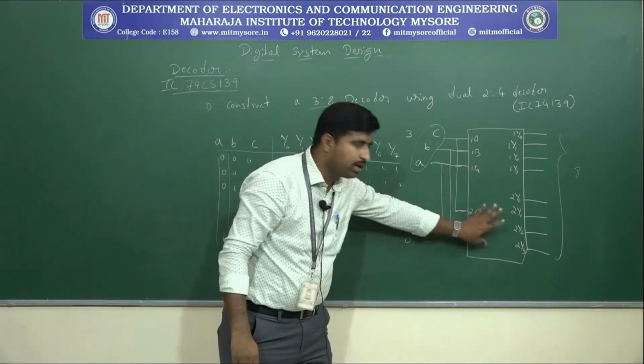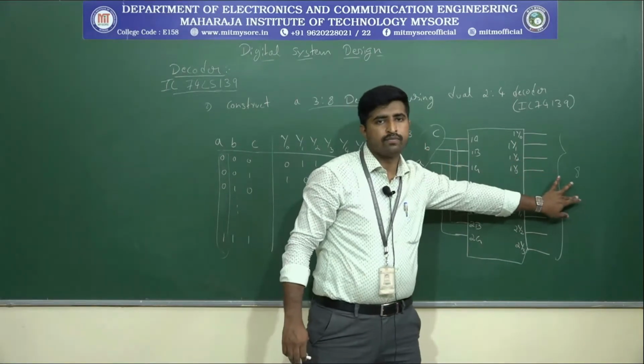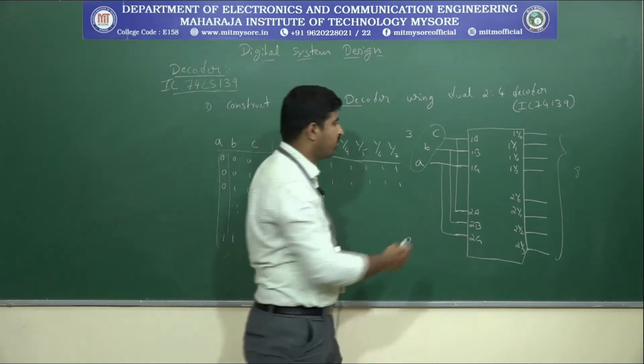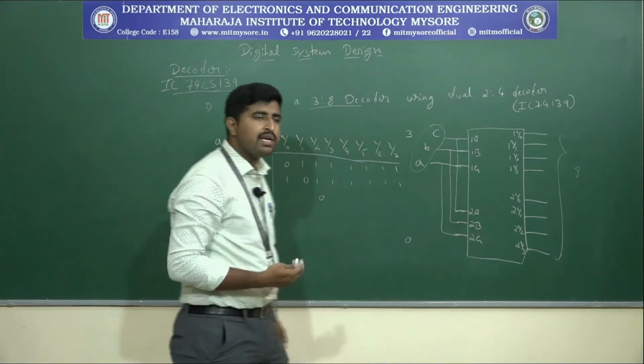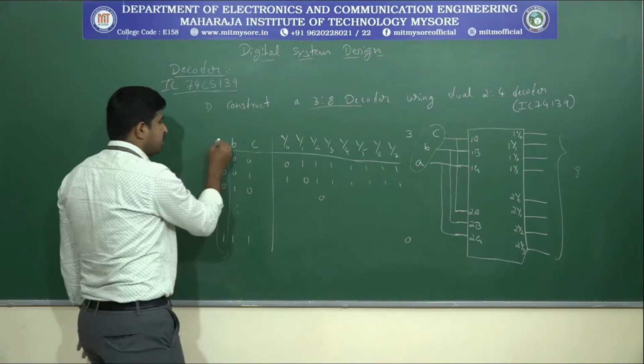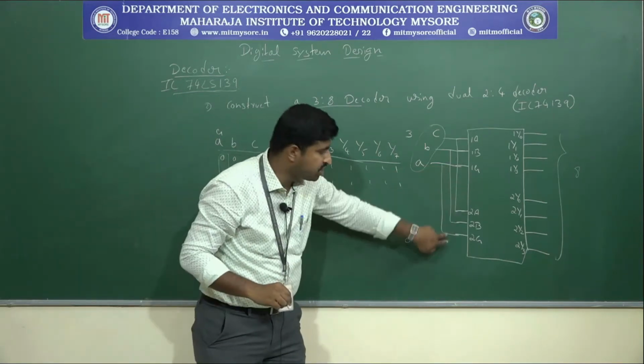Okay, so this is a dual 2:4 decoder. This is converted to a 3:8 decoder. Okay, so here how the input will be there. Let's analyze that one. So what we know is the 2:4 decoder option. Okay, so let's analyze that towards this truth table. So this is the connection as a G, right? This A is connected to the G now.